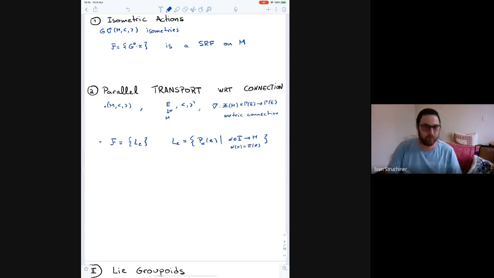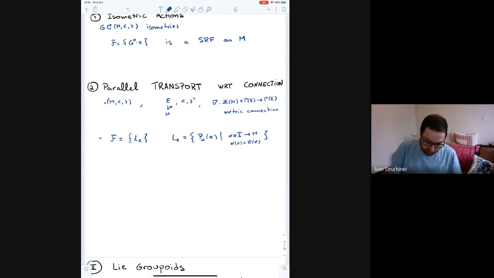This is pi, the projection map. And so this is a smooth foliation, and it is a singular Riemannian foliation for the Sasaki metric